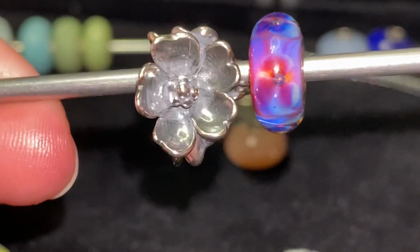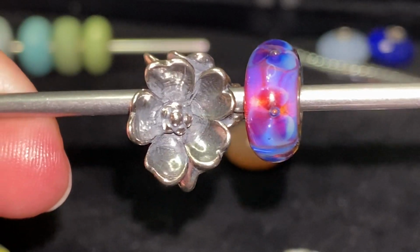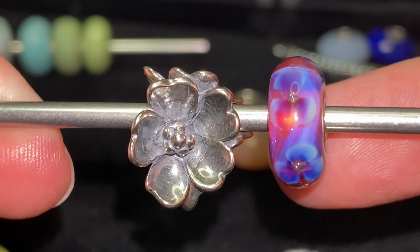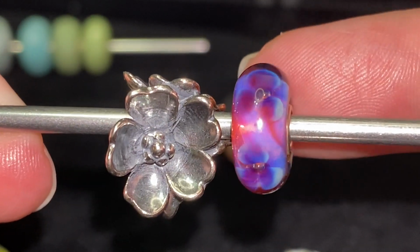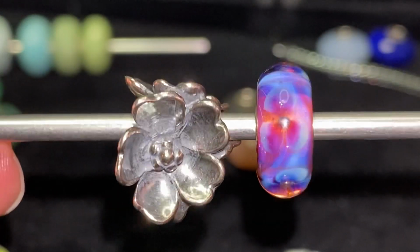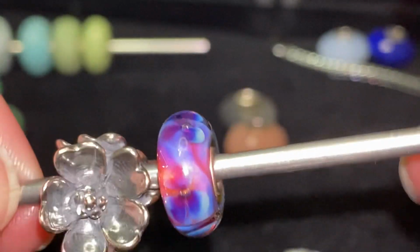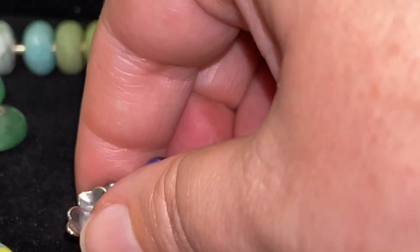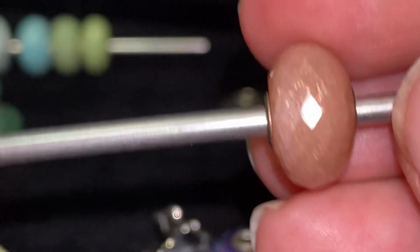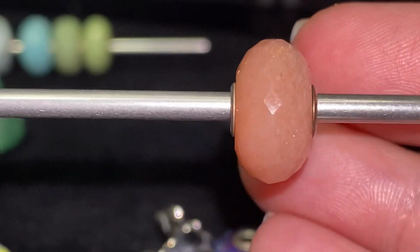I believe the kit itself is retired, but you can still purchase the individual beads. But this one apparently is going to be retiring soon and probably will no longer be available. So I jumped on it and was able to pick a very beautiful one with the help of my friend. So that is that. And then the other thing that I purchased was a beautiful